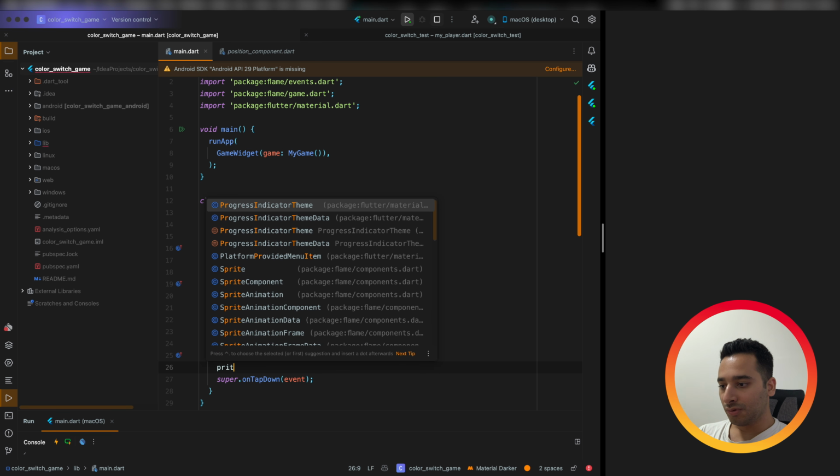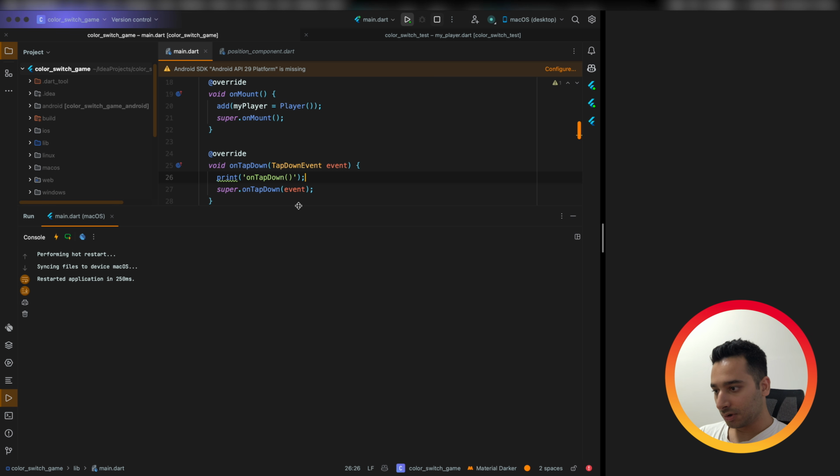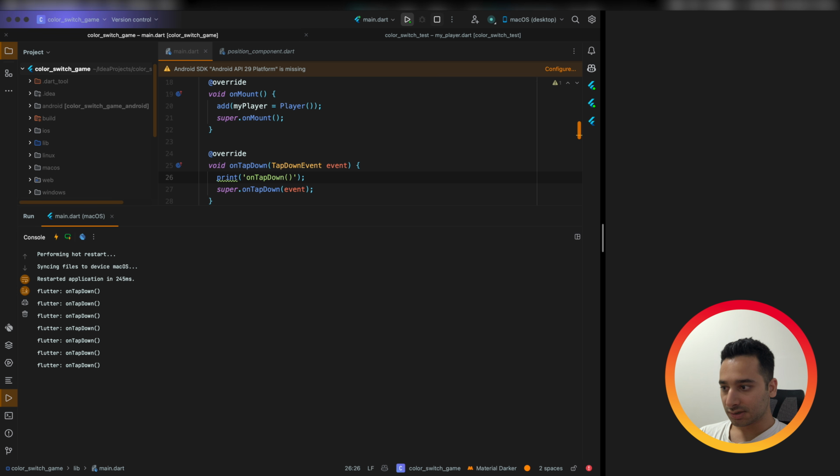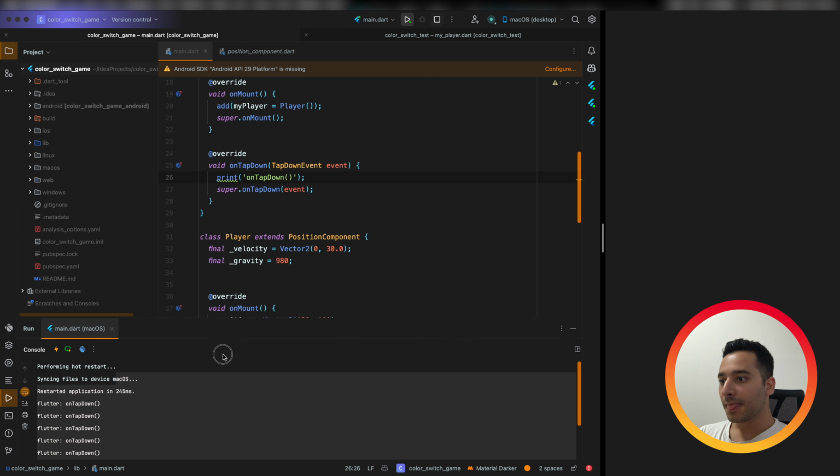So let me do a print to make sure that it is getting called on tap. And if we tap here, yes, you see that this method is getting called.